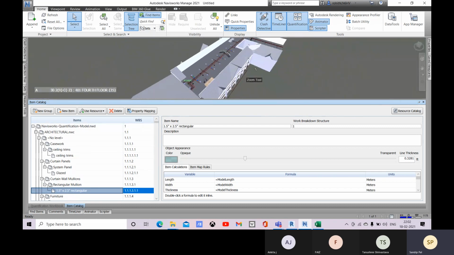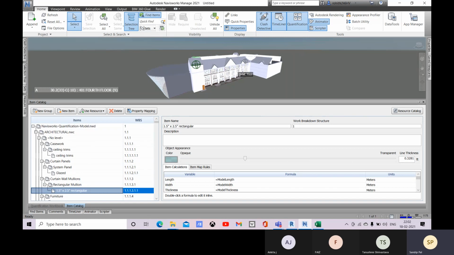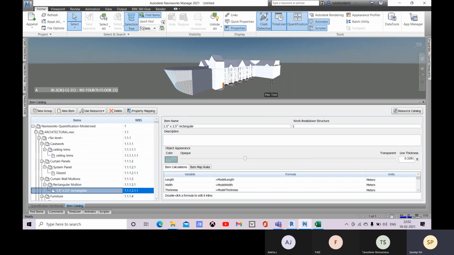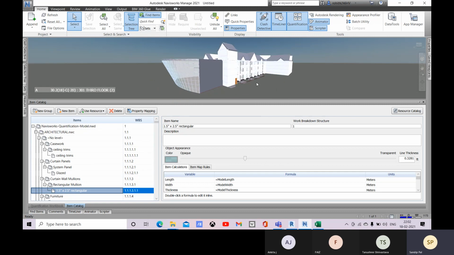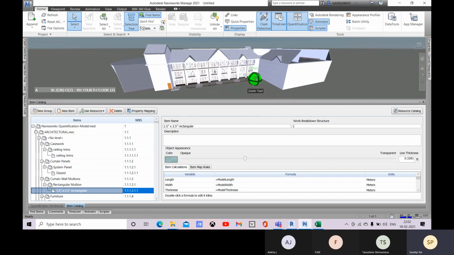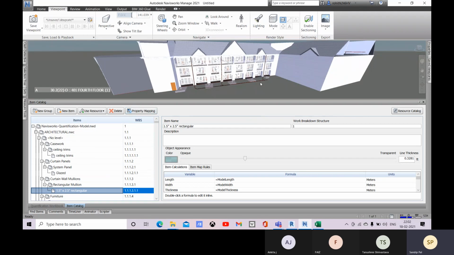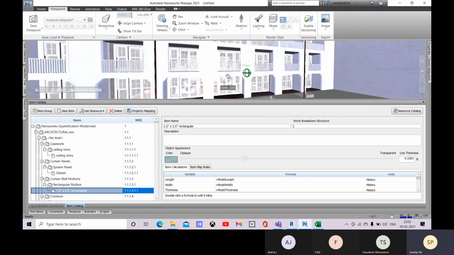Now let me show you how you can create an animation with your saved viewpoints. For that, let's go to viewpoint and we will create some views.